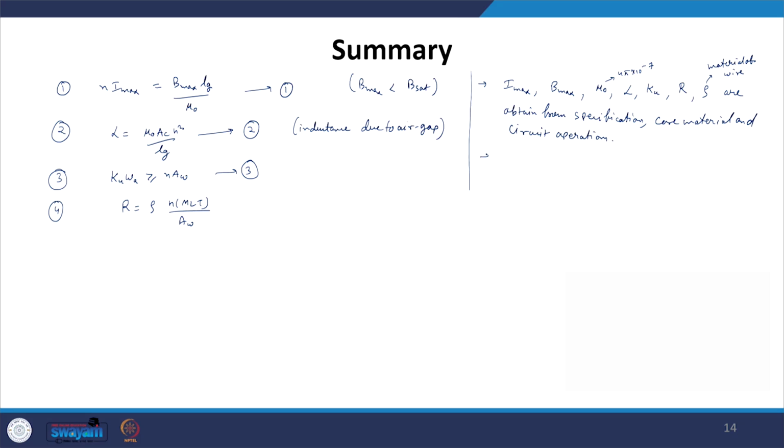However, what we do not know is the number of turns we have to wind on the core to obtain the required inductance value. Similarly, we do not know the magnetic path length we need, the MLT, the mean length per turn for the selected core, the window area required in the core, the area of cross section of the core, and the area of cross section of the wire to be used to wind the turns, so as to obtain the required value of inductance.